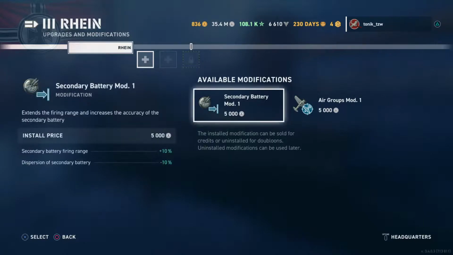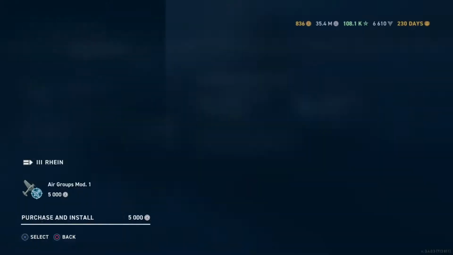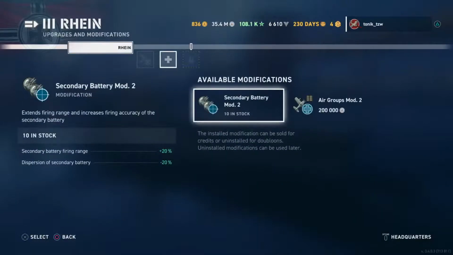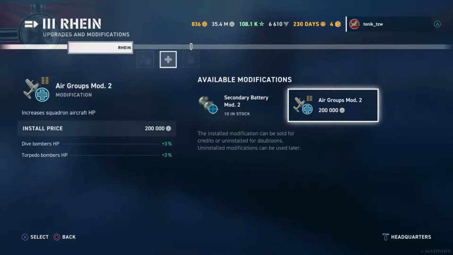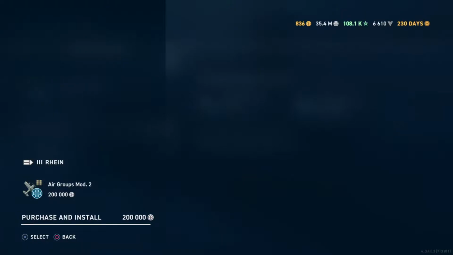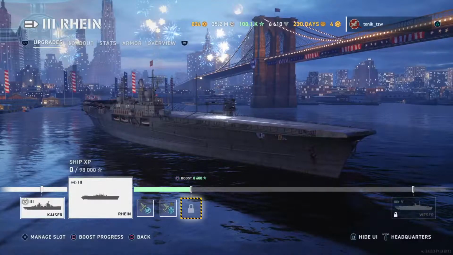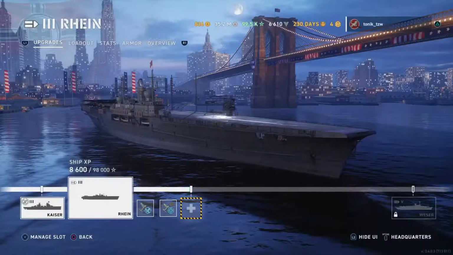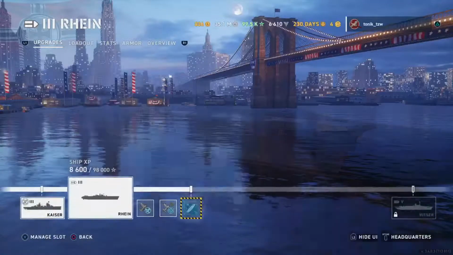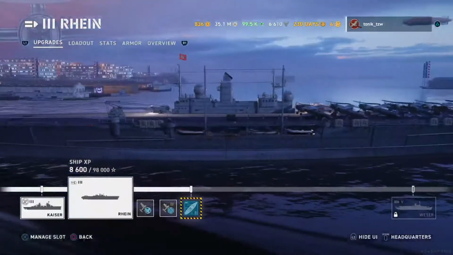Aircraft return speed, second battery firing range. Yeah, we'll get my planes back quicker. Yeah, we'll have a bit extra on there. Do you know, I'm just going to boost it up to there. What else can we stick on? Oh, we get a new hull with 800 extra hit points. So there we are. We have got